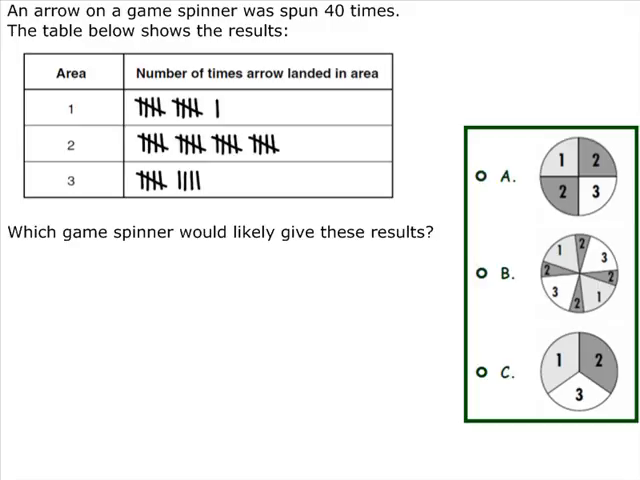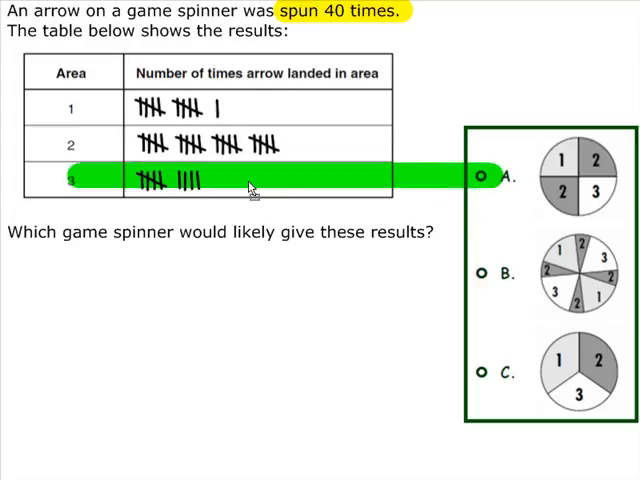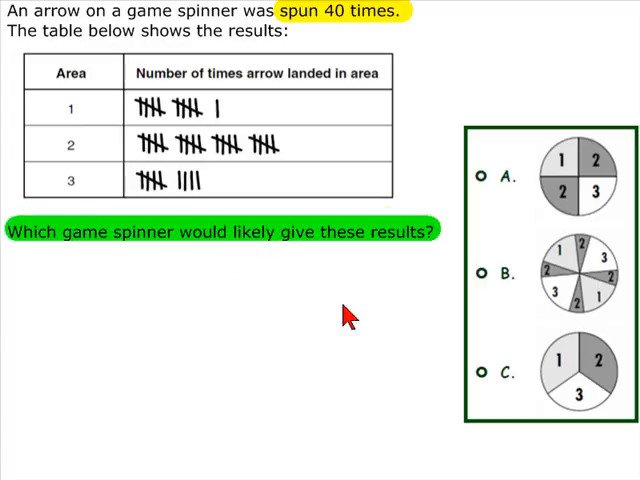So let's begin by highlighting the key parts of this. In the first sentence we read, an arrow on a game spinner was spun 40 times. And the question is, which game spinner, and here are the three choices, would likely give these results? Well, let's begin by